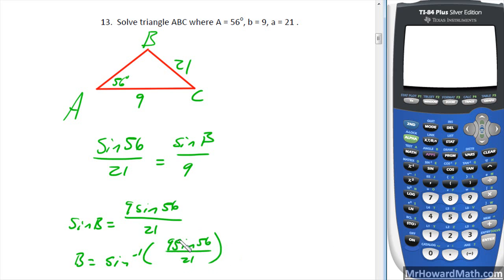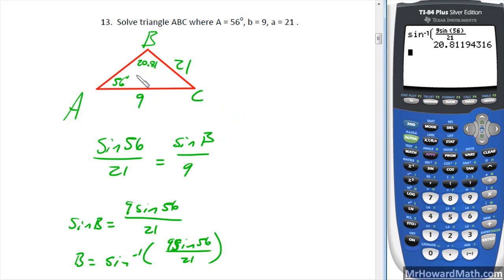And that is an S, not a 5. So sine inverse, alpha, y equals, enter. 9 sine 56 all over 21 gives us angle B is 20.81 degrees. So 20.81. Now, if you recall, this is an ambiguous case of the sine law here because we found an